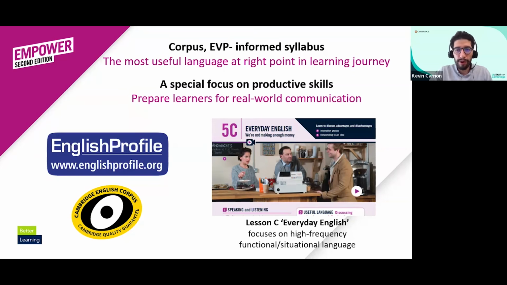The Cambridge English Corpus is a wide collection of common mistakes made by English learners. The intention of this collection is to try and avoid them.